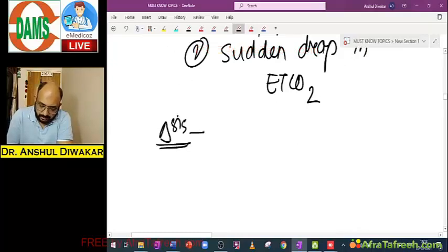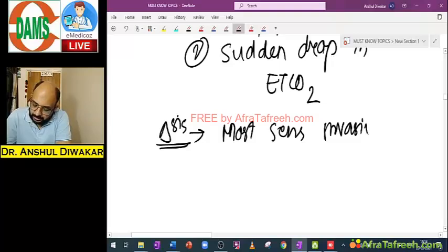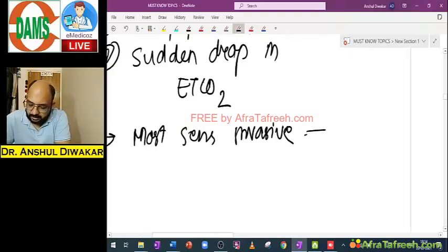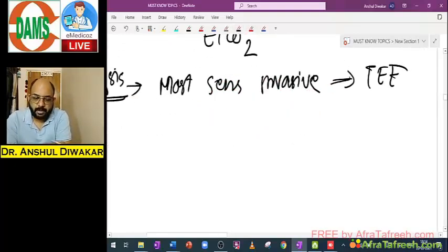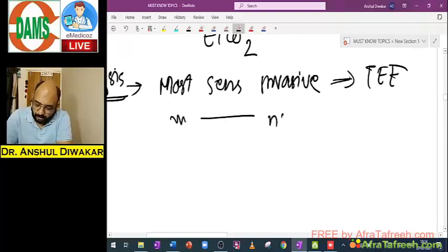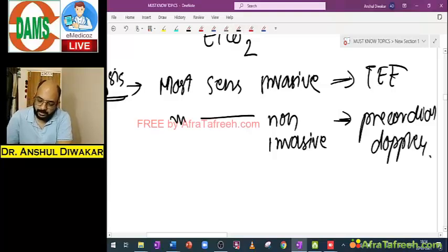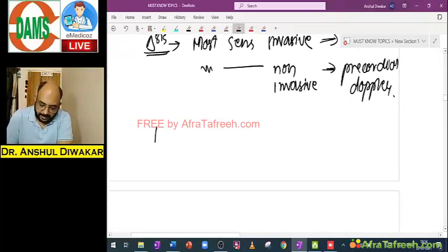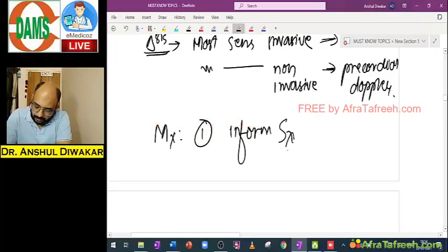Diagnosis. You have to use certain technologies. The most sensitive invasive technology to detect venous air embolism is transesophageal echocardiography, TEE. While the most sensitive non-invasive is precordial Doppler. In management, the first step is always inform the surgeon and flood the field